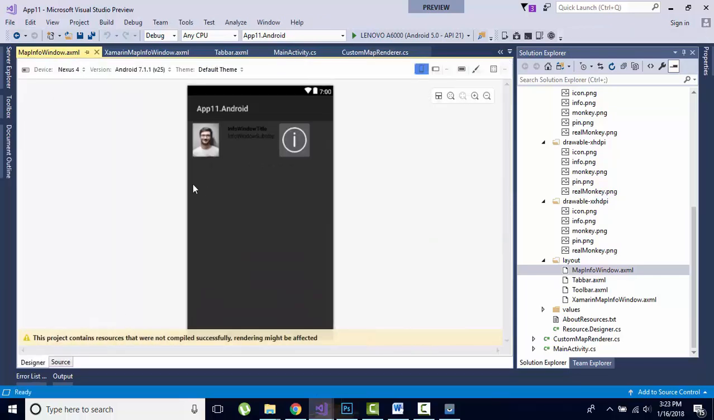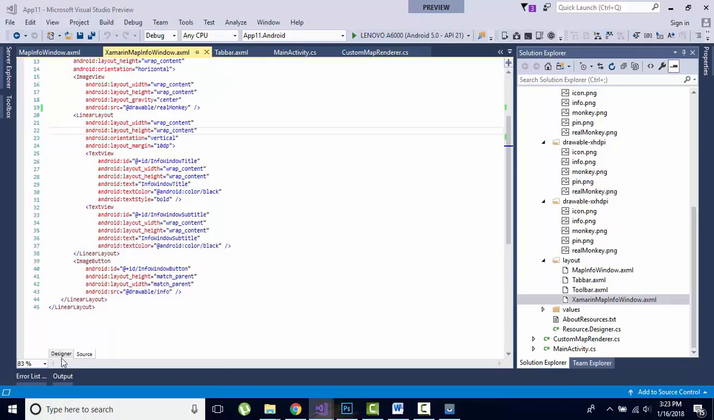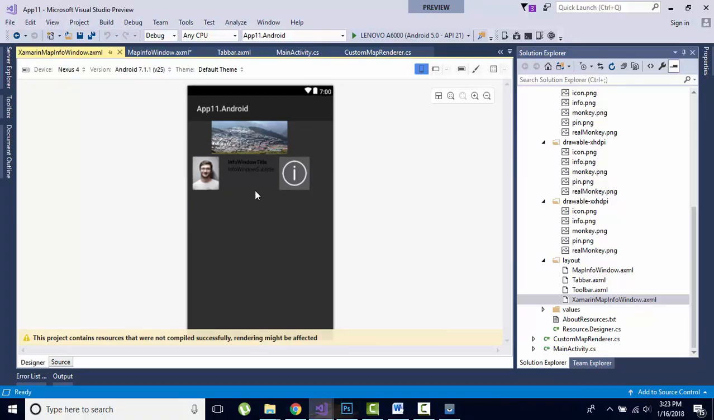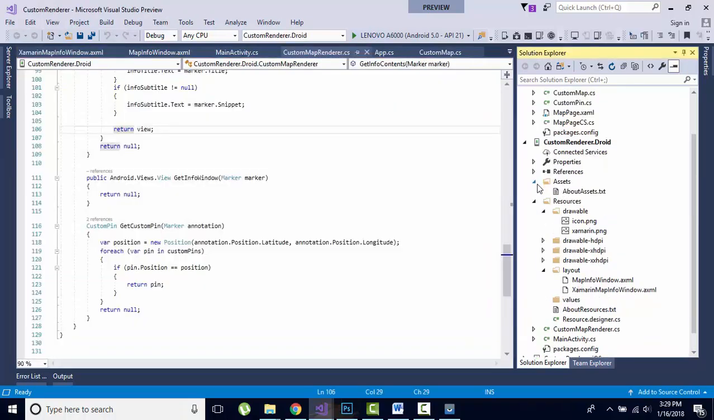And at last final view will be appearing like this. And for our next layout, we will get this as our output. Now at last let us go to our custom renderer project,